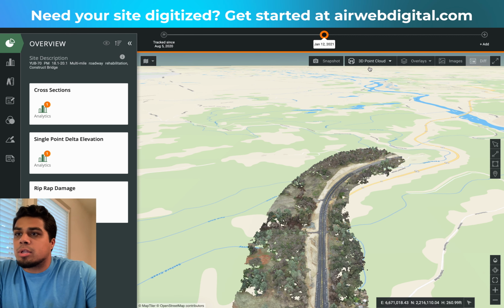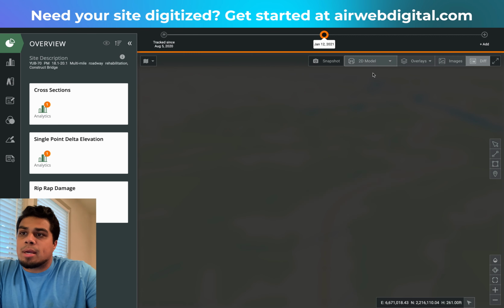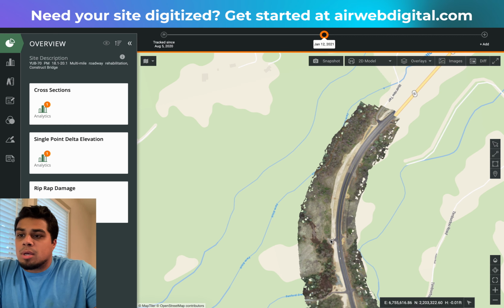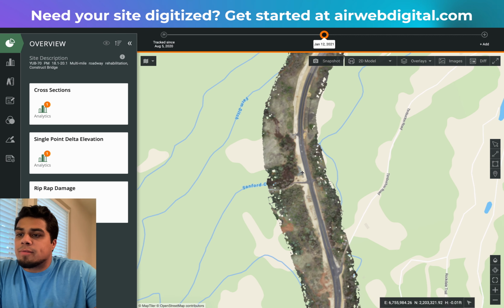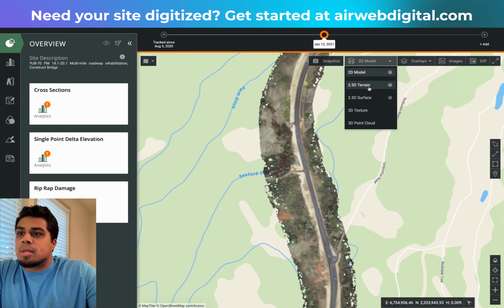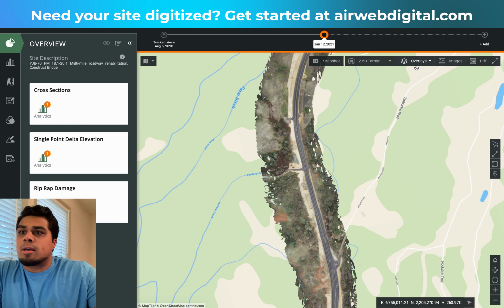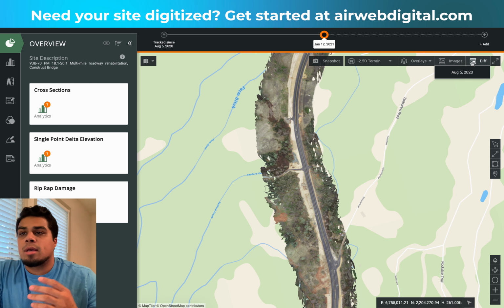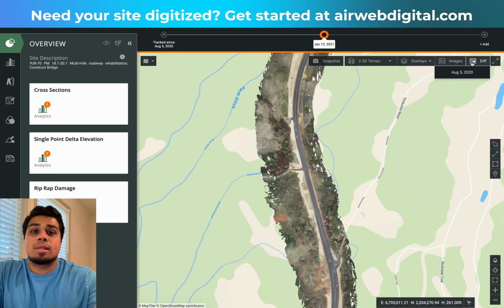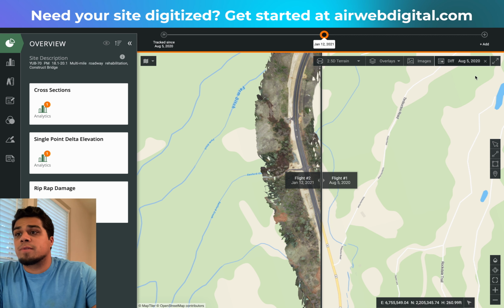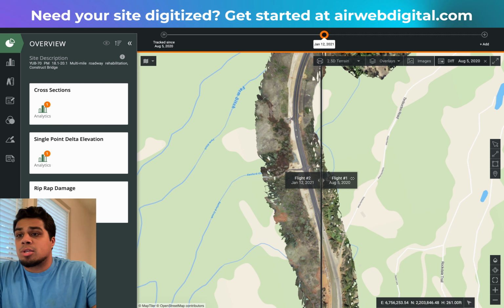Now this is a 3D point cloud, but we can go back to a 2D model and look at the orthomosaic view of it, and also come in here and switch over to the 2.5D model. Now if I wanted to track the progress that we have, let's say from January of 2021, let's go back in time to August 5th of 2020, you'll see on the right hand side we have our flight number 1